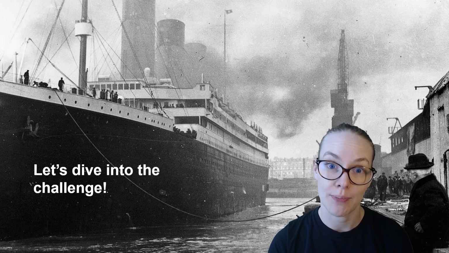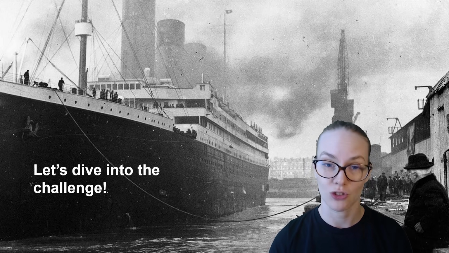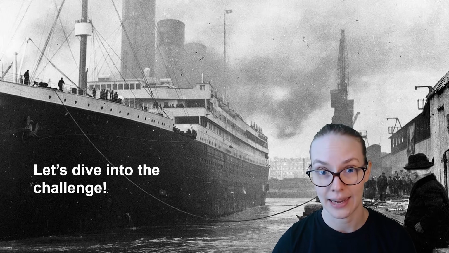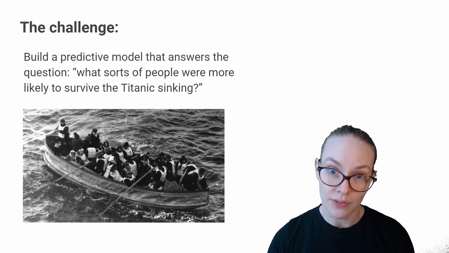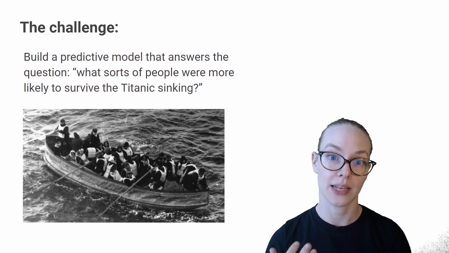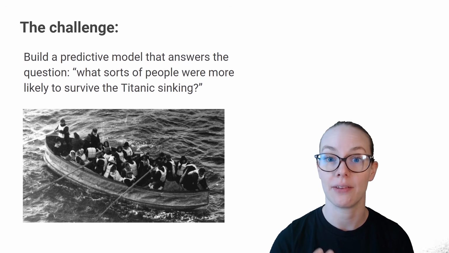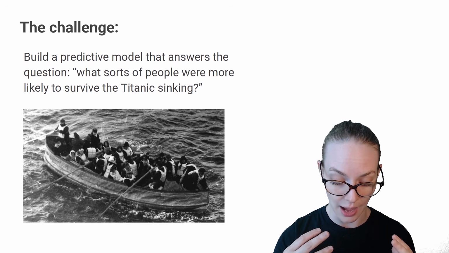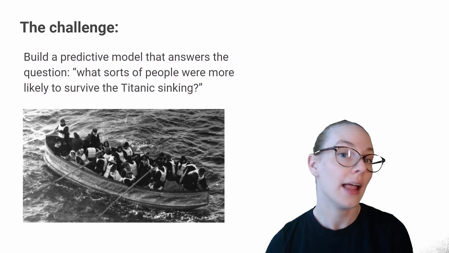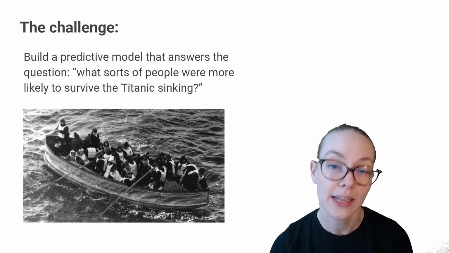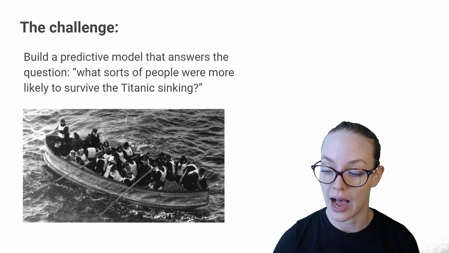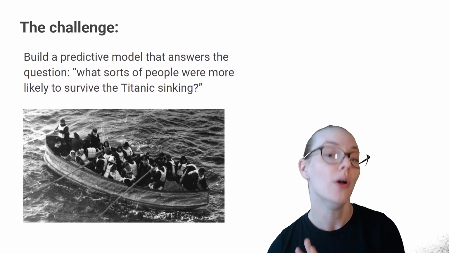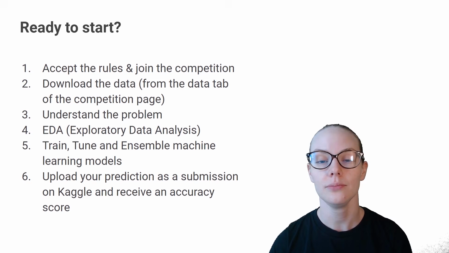So the Titanic was a passenger ship that very famously and tragically sunk on its maiden voyage, and the majority of people who were on board the boat died. So the thing that we want you to figure out is how to build a model to help predict what factors might have led to somebody surviving or not. So we'll give you information on each of the passengers. For some of them, we will tell you whether or not they perished in the sinking, so that you can use that information to train your model. And then for some of the other passengers, we won't. And your job is to try and guess for those passengers that we haven't told you about whether they survived or not.